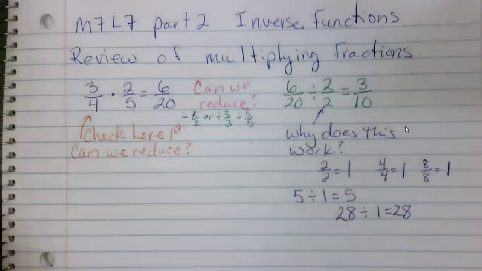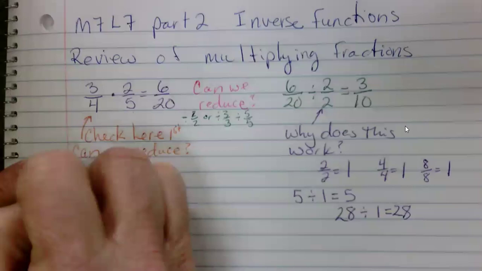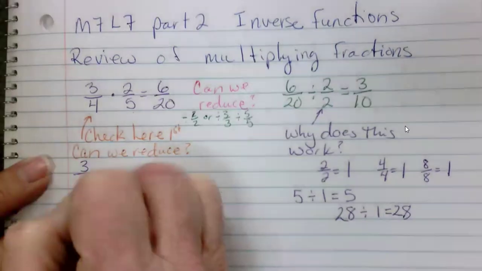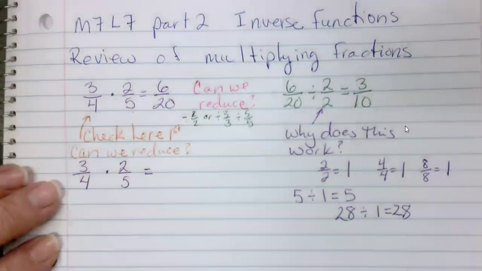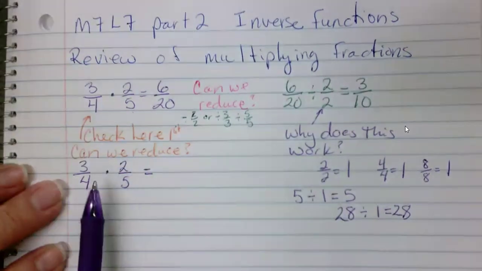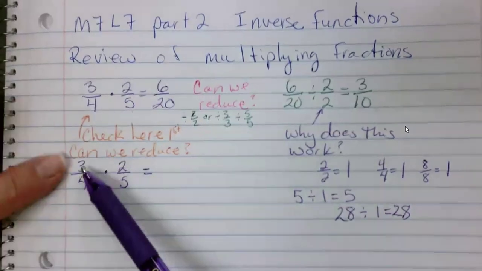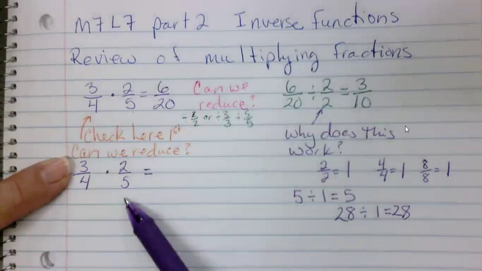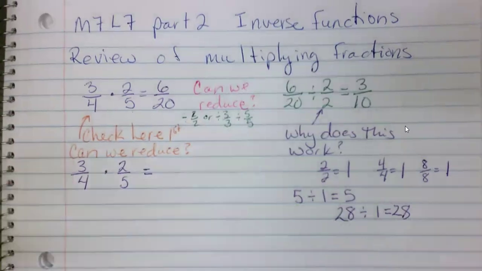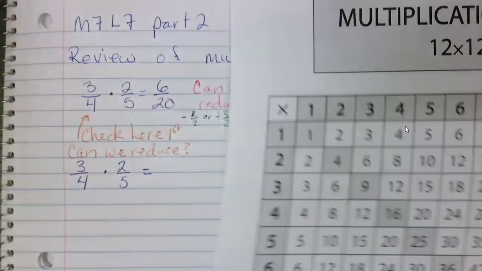So the answer is yes, we can reduce. So let's look at that again. If we have 3 over 4 times 2 over 5, we can reduce here. Now, by reduce, you're just thinking, can 3 go into 4 evenly? No, we would have a remainder, right? Can 3 go into 5 evenly? It cannot. If you're not sure what that means, by evenly, I really like to use a times table